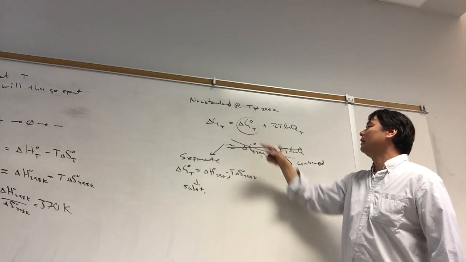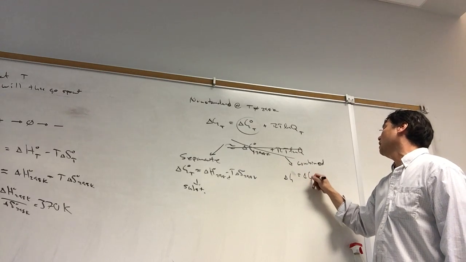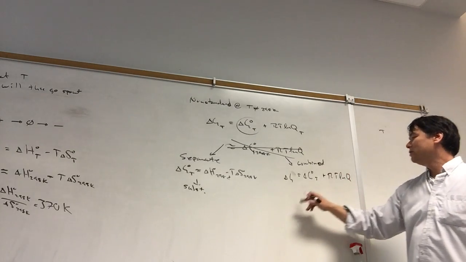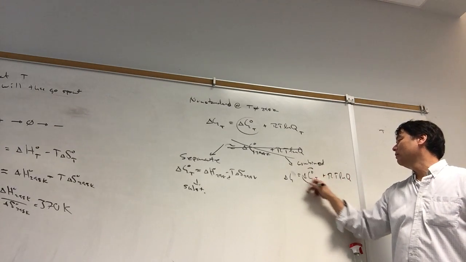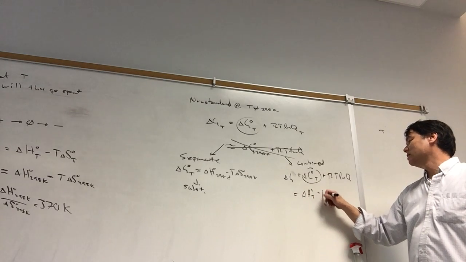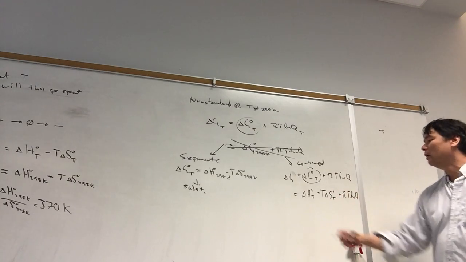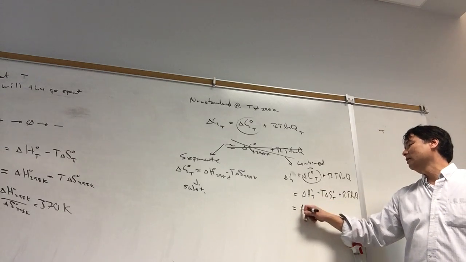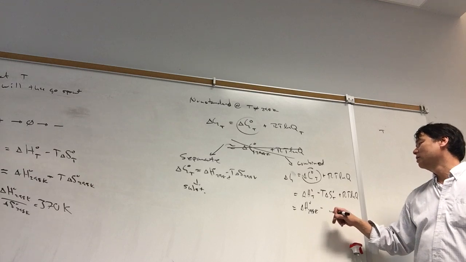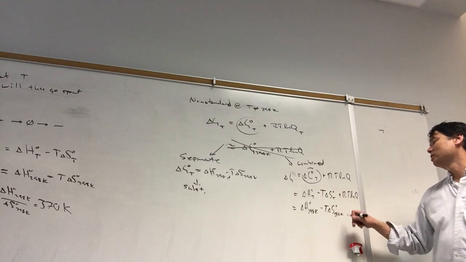If we do it combined, then we can do it like this. Delta G is equal to delta G naught at temperature T plus RT ln of Q. If we do this, then we know what delta G naught is equal to. Delta G naught is equal to delta H naught at temperature T minus T delta S naught at temperature T, plus RT ln of Q, which means that we're going to use the delta H at 298 Kelvin because that's all we have data for under standard conditions, minus T delta S naught at 298 Kelvin under standard conditions, plus